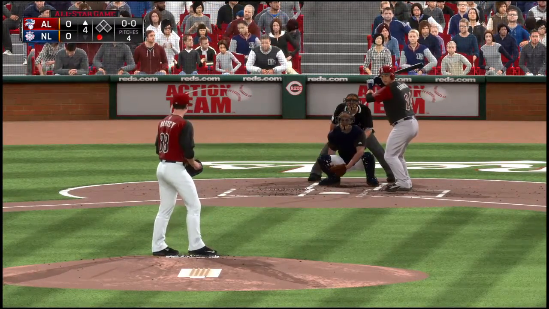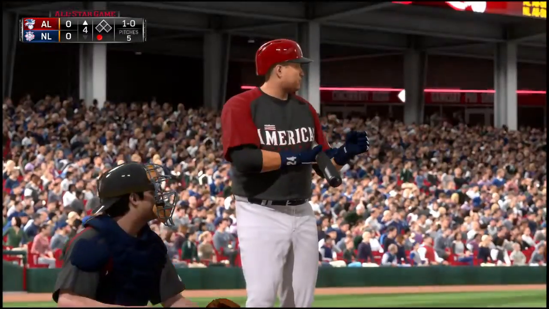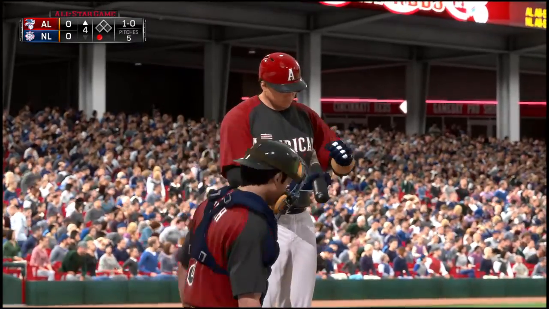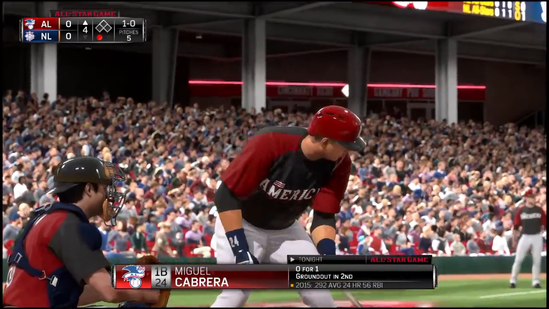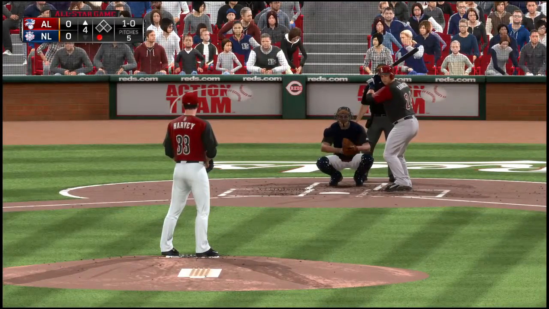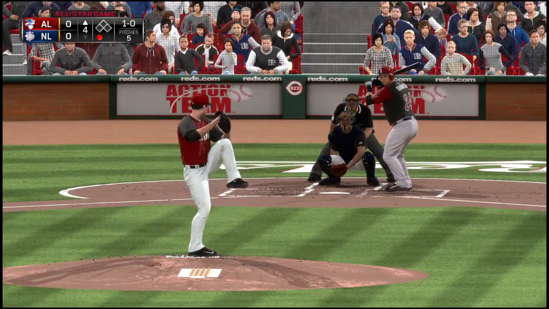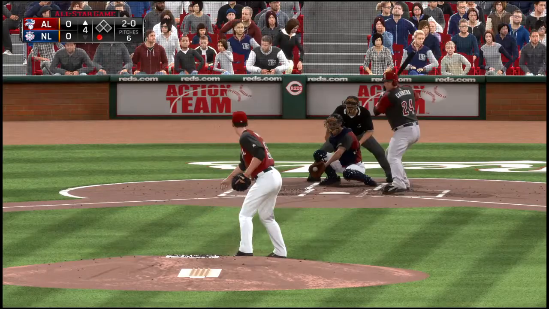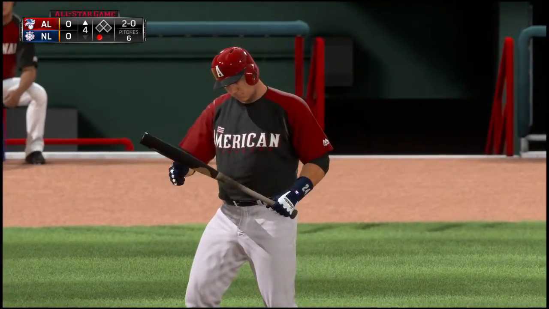The first baseman Miguel Cabrera stands in as he looks at a fastball that misses off the plate for ball one. No runs, just 1 hit. No errors thus far for the American League. 2-0 now. 2 really close pitches to kick off this at-bat.